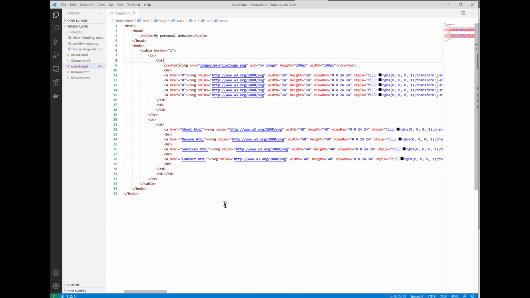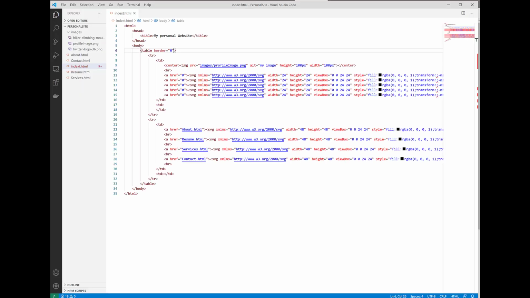And let's go ahead and take the border and make it 0, because we don't want to see that information when displaying everything. So it looks kind of like this. Let's go ahead and style our table to say